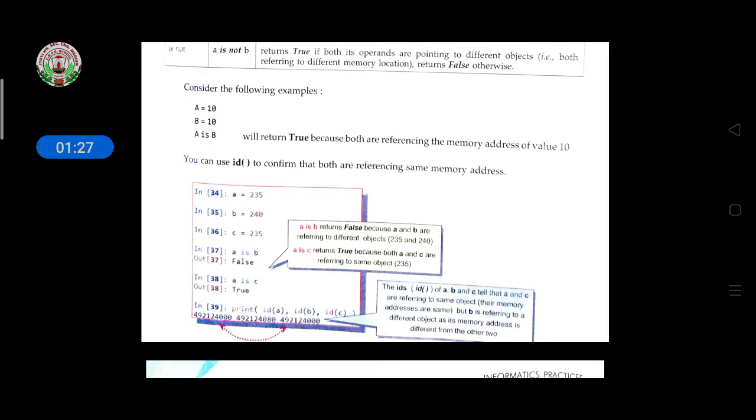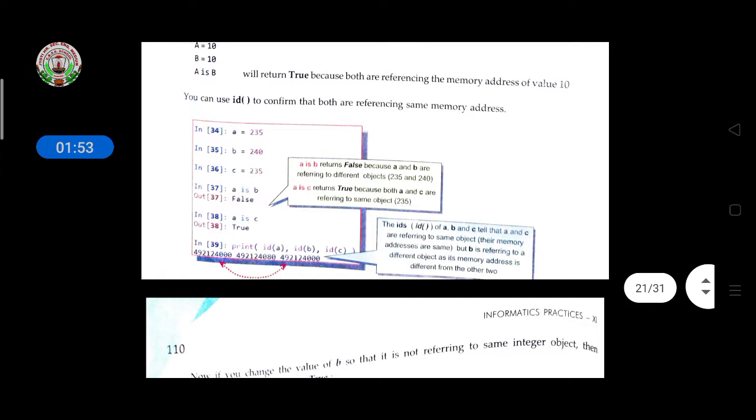Consider one example given here. A equal to 10, B equal to 10, and A is B. It means both values are 10 and the address is the same, so it returns a true value. Then you can also use the id function. What is the use of the id function? The id function returns the memory location of that particular variable.